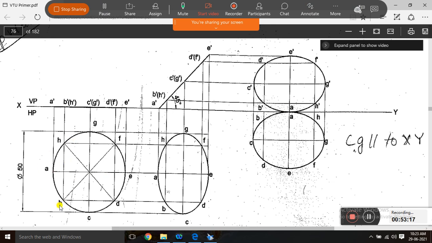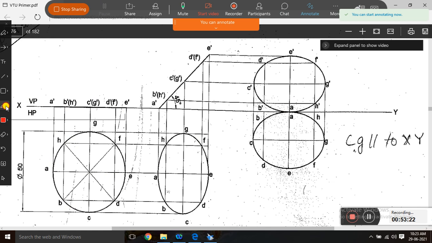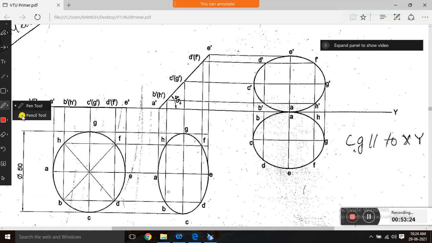So this is the first position. Okay, as usual, you have to construct, and after that, 8 equal points, by vertical line, horizontal line, and 45 degree, you will divide this into 8 equal points, A, B, C, D, E, F, G, H, and this A is the resting point. In second it is 45 degree to HP, okay, we draw it. It is the first position. Second position, it is top view first, then front view and top view. Okay, fine, over. But in the third position, VP inclination is not given.